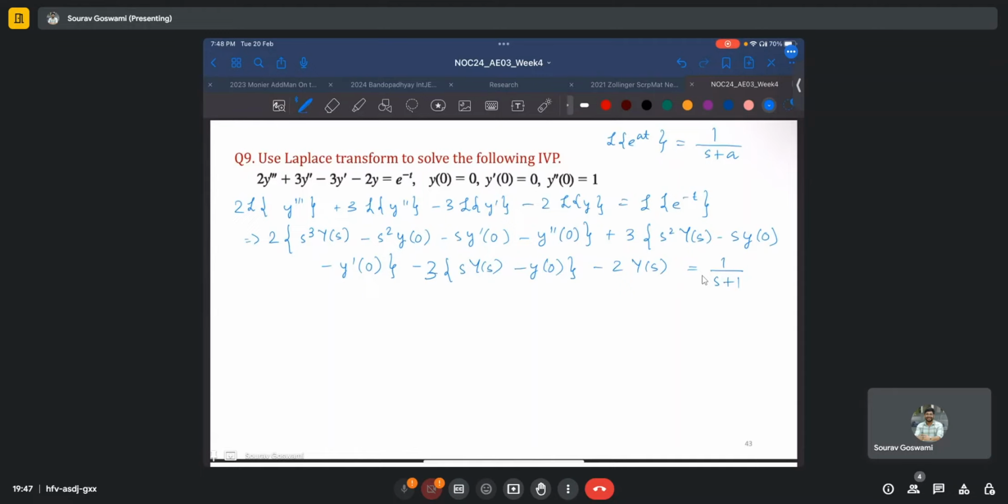Sorry, 1 by s minus a. And now we expand these terms. So we have 2s cube y of s minus 2s square y of 0, which is 0, y prime of 0 is also 0, y double prime of 0 is 1,